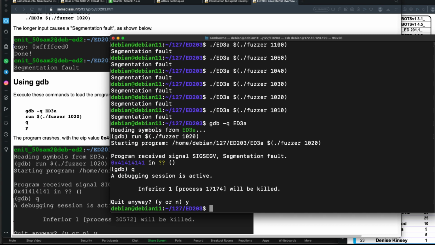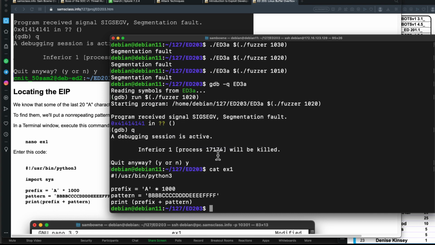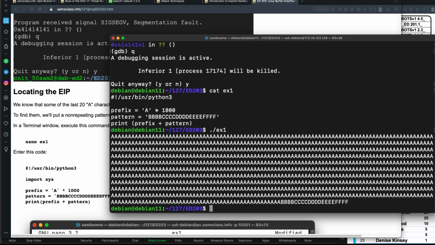So we'll leave the debugger, and now we can locate the extended instruction pointer with this one, EX1. This just prints 1,000 A's and then 4 B's, C's, D's, E's, and F's. So I'll be able to recognize what part of it hit the debugger. So that's EX1. I can run that, and it prints 1,000 A's followed by that pattern of B's and so on. So if I go back into the debugger,